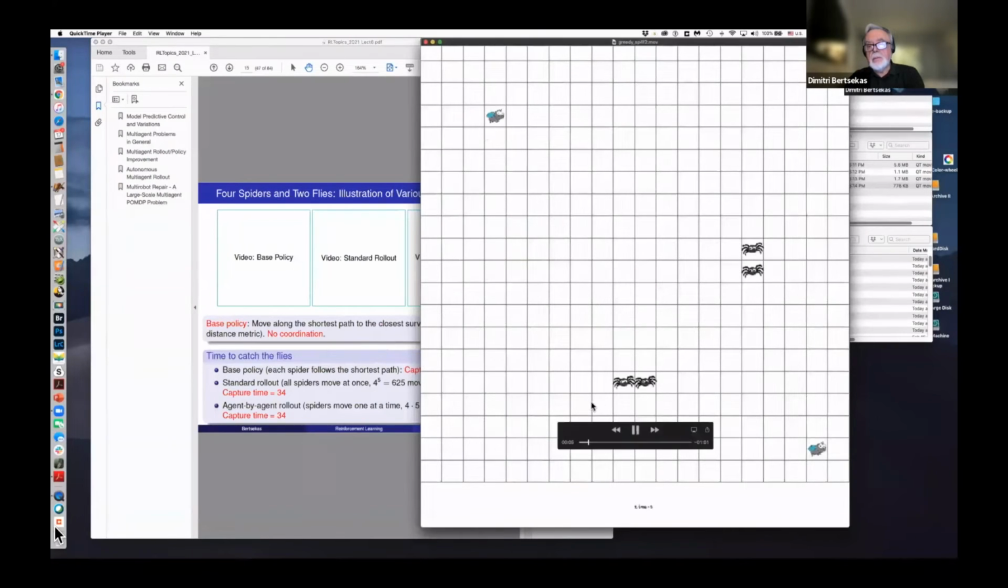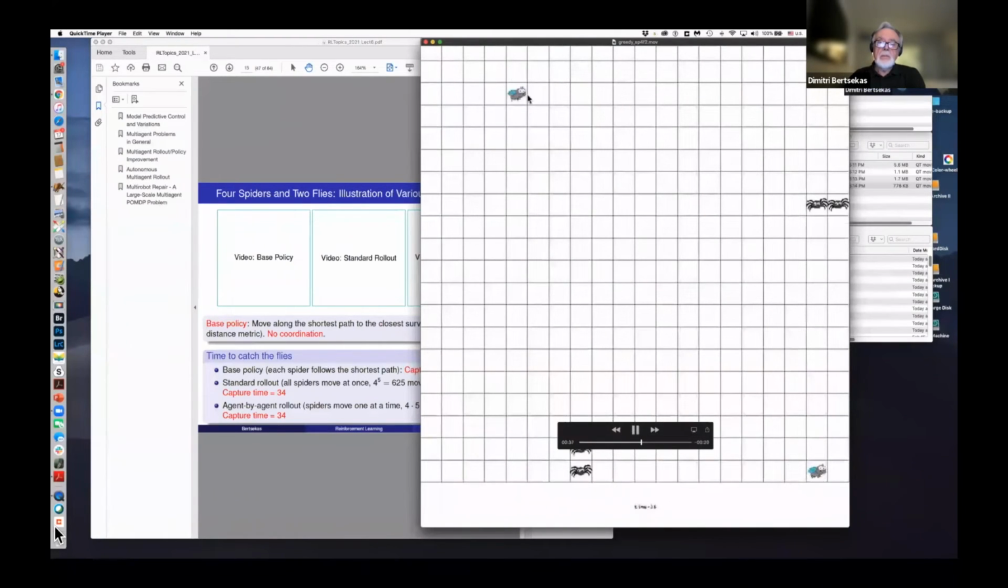Okay, so now we see that the spiders do not split off. They go towards the closest fly. In the Manhattan distance, the spiders break ties by moving along the horizontal or moving along the vertical. Two of them prefer the horizontal and two the vertical. So now, with no coordination, they have all done the same thing, caught this fly,